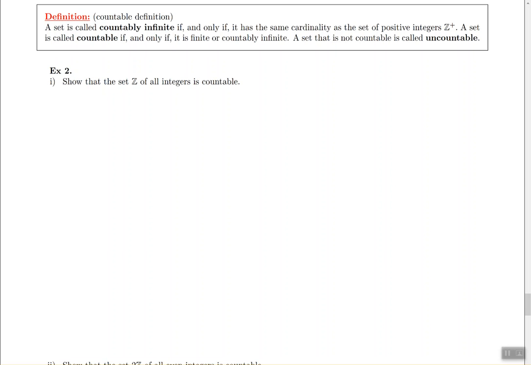I just want you to understand what's out there available, because if you're going to take real analysis classes, this concept is going to repeat. So I just want you to have exposure to it at least once so you kind of know what's out there. So the next topic we're going to talk about is countably infinite.